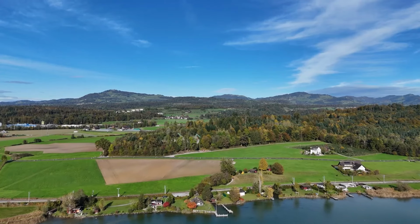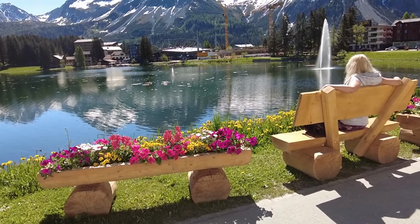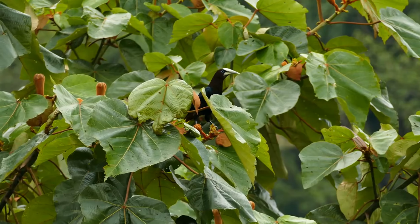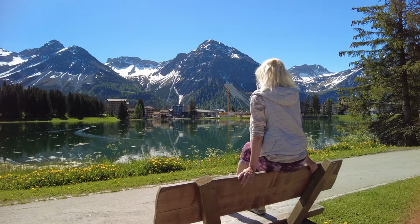Obersee is the perfect spot for a peaceful picnic or a moment of quiet reflection. Here, the only sounds you'll hear are the gentle lapping of the water, the rustling of the leaves, and the distant call of birds. It's a place where you can truly disconnect from the hustle and bustle of everyday life